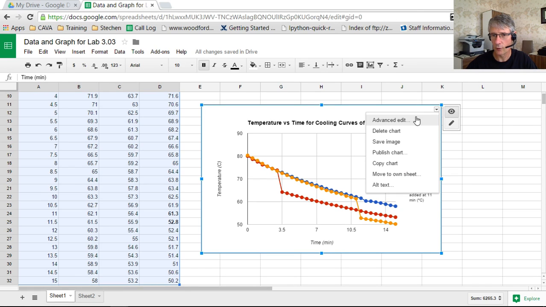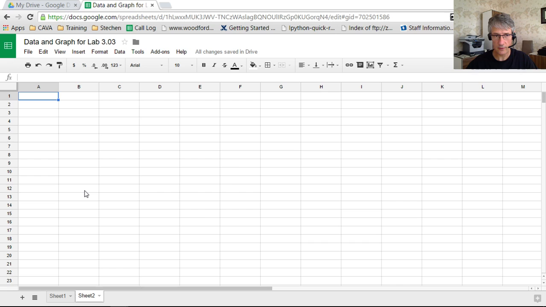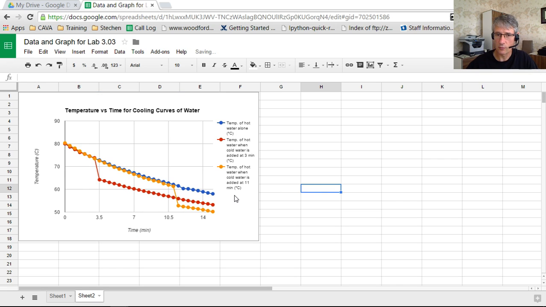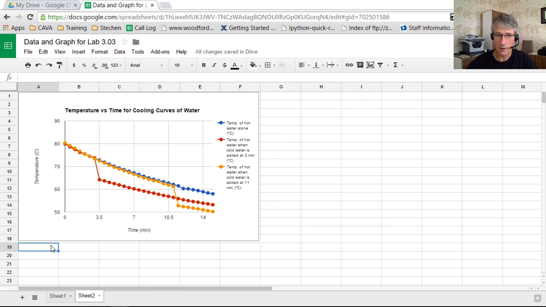In view mode, now you can copy the chart. You copy the chart and say, for lack of having another document here, I go to sheet 2 and I paste it with Control V. That's what you'll be doing right into Word, right? So you're going to have that right into where you need to talk about it. Don't forget to put a